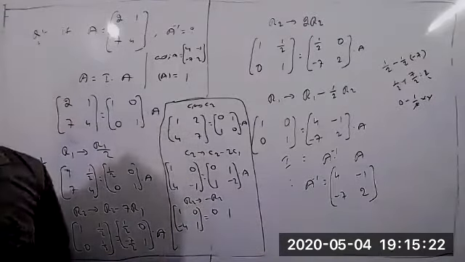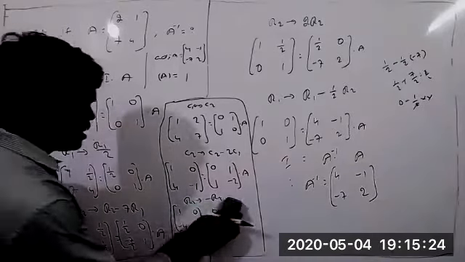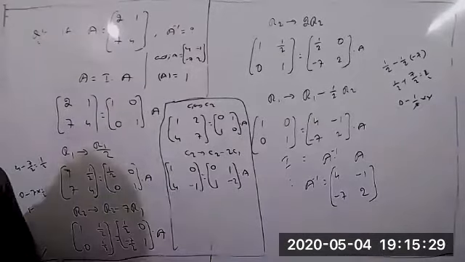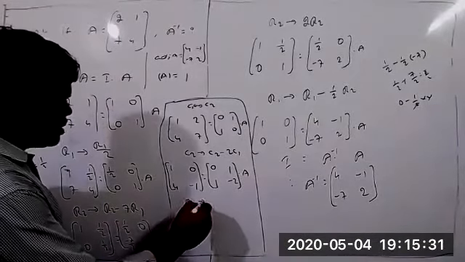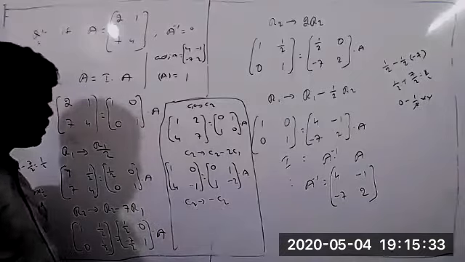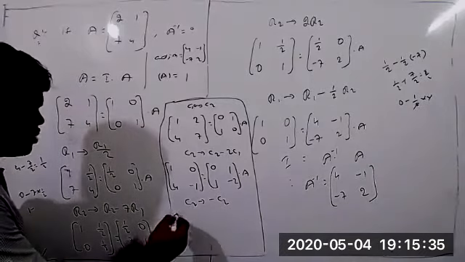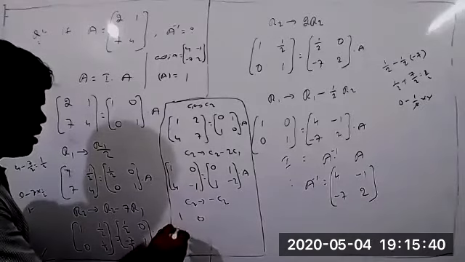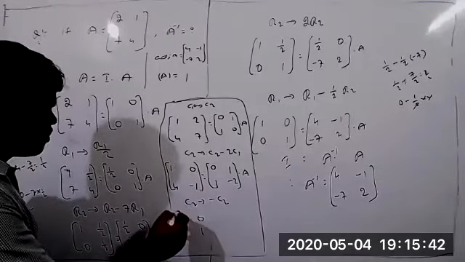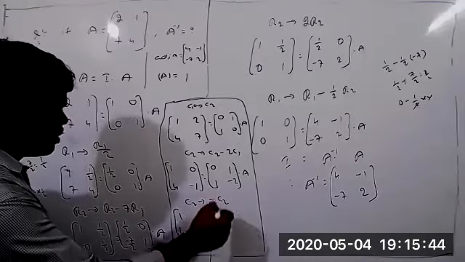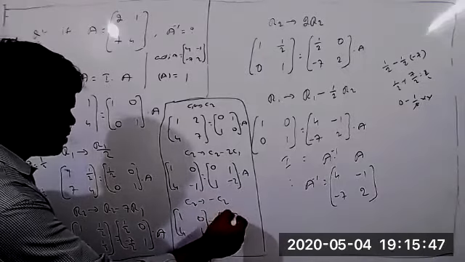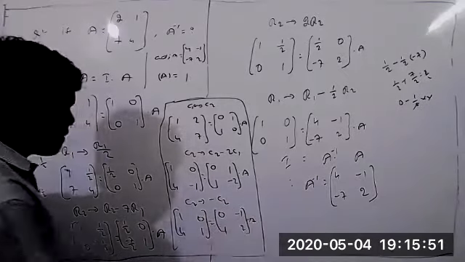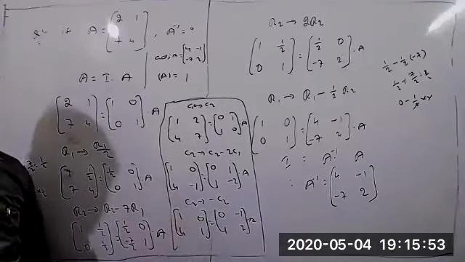Sorry. How to apply the column operation here now? Sorry, don't take row operation. You should apply the column operation only. C2 such that minus C2 you can take. So 1 0, because minus of 0 equal to 0 only, and 4 minus into minus 1 equal to plus 1, equal to 0 1. Right, after that it becomes minus 1 and plus 2 into A. So 1 0 1 we got.